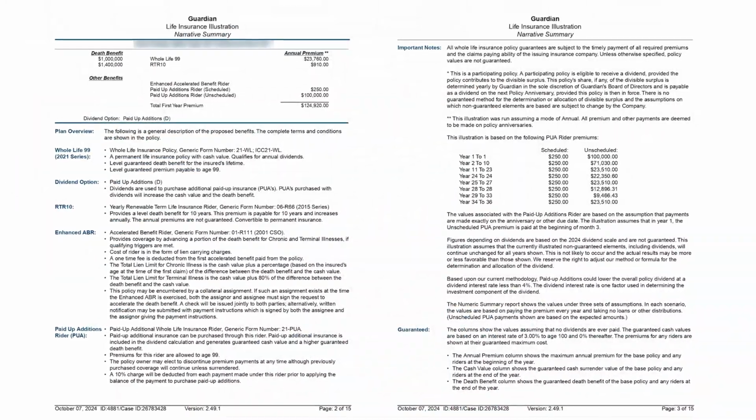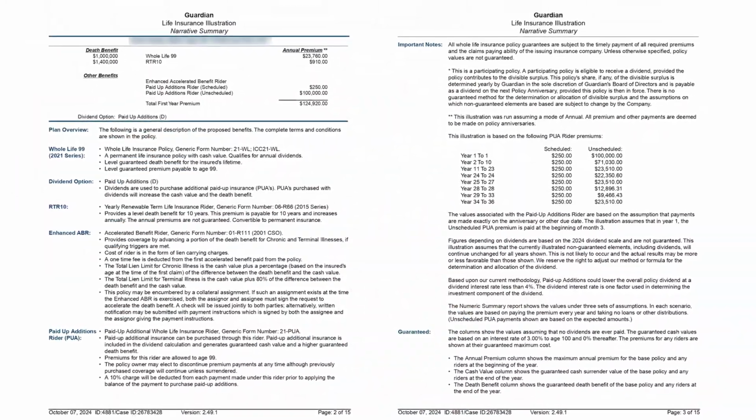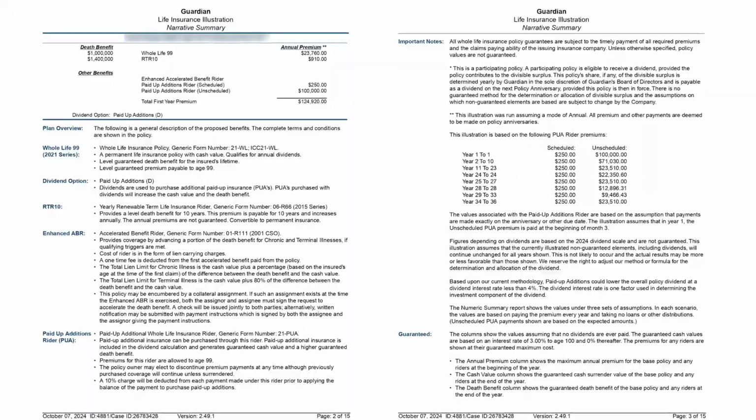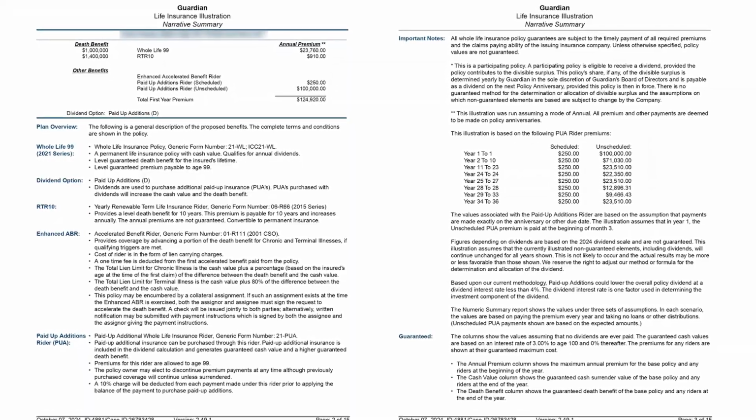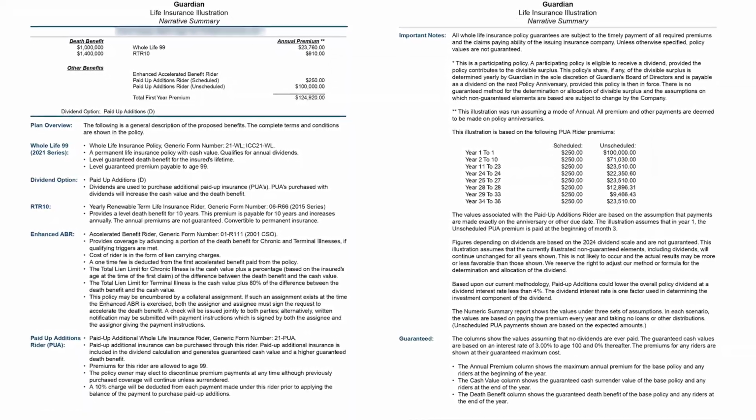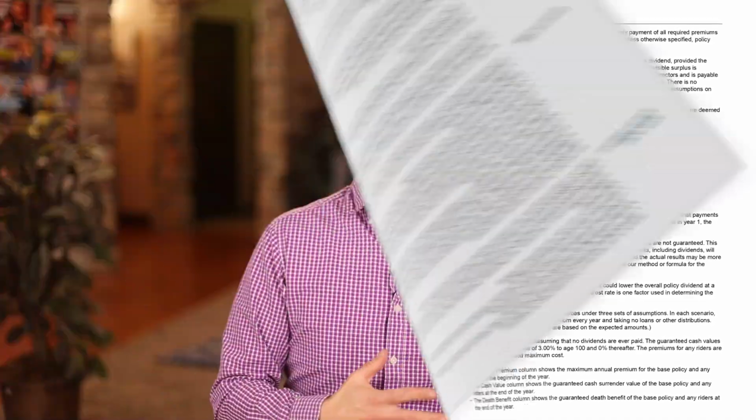All right, so you'll see in this first example right here. Now, this guy came to us, he said, all right, this is what some other insurance agent sent me. This is with Guardian Insurance Company, which is actually a company we also use. And he said, look at this one. Is this set up well? Is it not? Could you guys do better? And so we took a look at it. Now, Guardian is actually one of the top 3 companies we like, right? But they're not the best. And so we said, all right, well, it depends on how it's designed. If they designed it really well, it could be competitive, but it may not be.